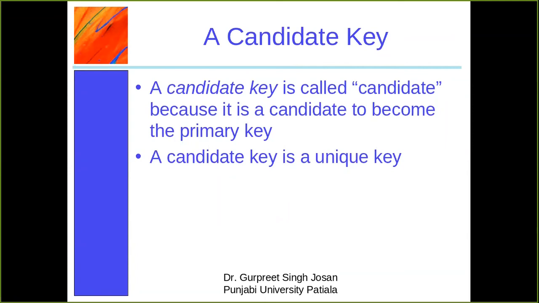One column can be selected as a primary key, and another column will be known as an alternate key. So we have two different terminologies based upon the candidate key: one is primary key, another one is alternate key. The candidate key which is selected as a primary key will become the primary key, and the left behind candidate key will be known as an alternate key.